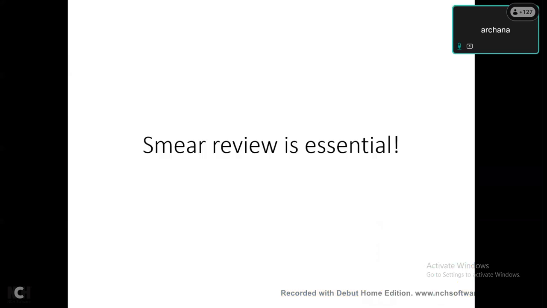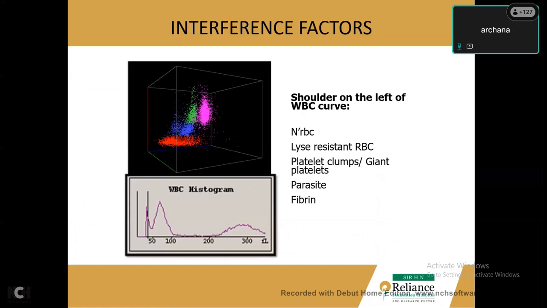So smear is essential. Now, interfering factors, as you can see, a small population here on the scatter plot and on the RBC histogram, WBC histogram. This is called the ghost area, which is smaller than lymphocytes. Now, why would we have interference considering that RBCs have gotten lysed in this channel, but we have some lyse